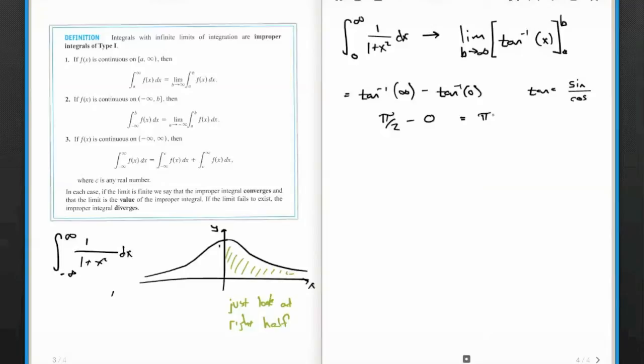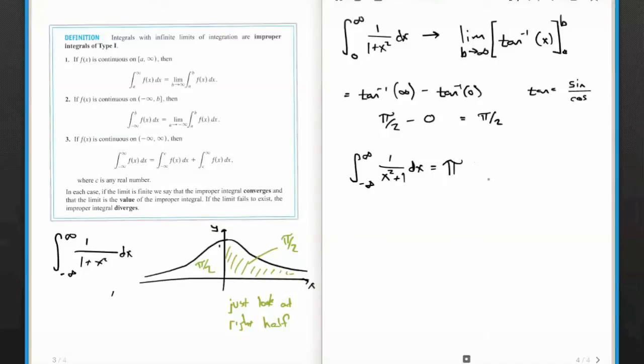But that was only half of it. So the green half here is, let's go down here. This green half is pi over 2. And so this half will also be pi over 2. So the total answer of this whole thing, from negative infinity to infinity, of 1 over x squared plus 1 dx equals, check this out,